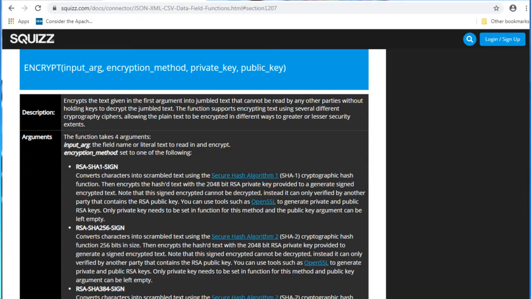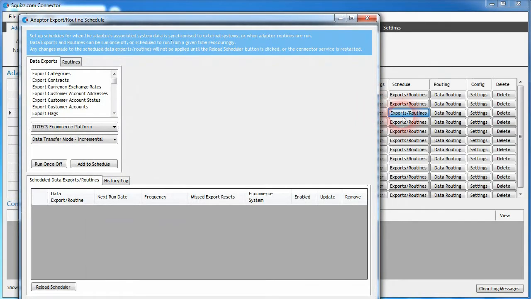The generic adapter also gets a new encrypt JSON, XML, CSV field function, allowing data to be encrypted using the RSA signing ciphers, which may be required when authenticating or trying to obtain data out of systems such as Xero's online accounting software. The connector now supports being able to export out category, attribute, and make model data to the